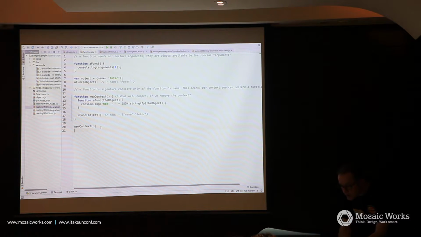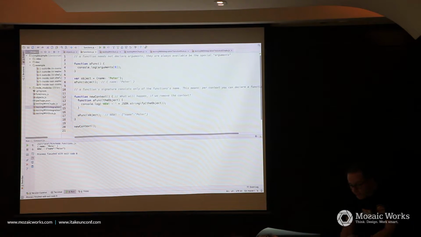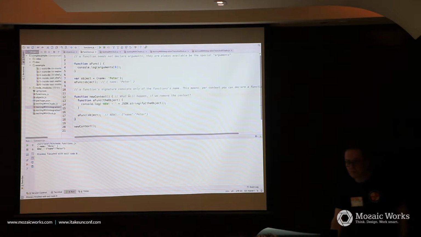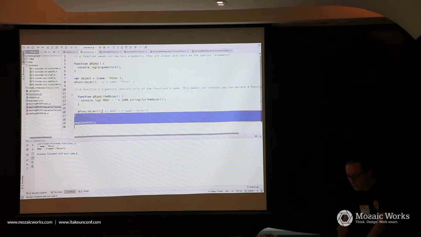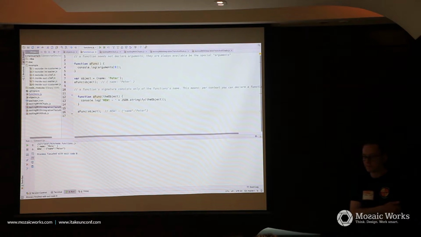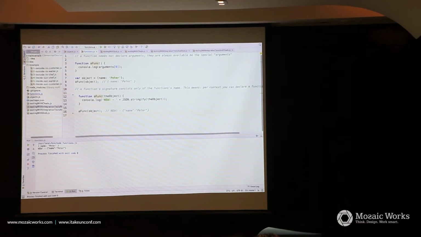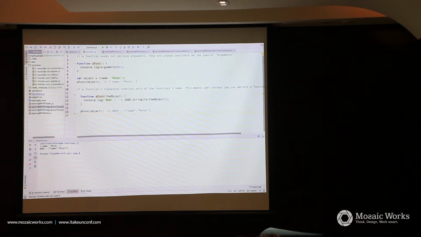So I can just let it run. That was Control-Shift run. And then you see the printout, just like promised. And for those of you who don't know JavaScript so well, or who didn't know it before, what will happen when I remove this? What will be the printout now? Both times it will print new something. Correct.